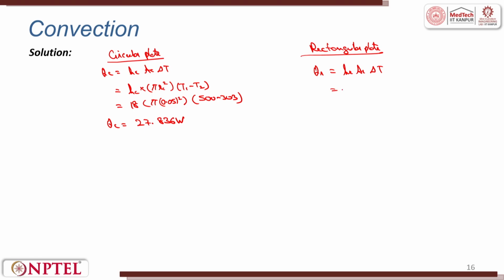Here HR is there, AR is length into breadth of the rectangular plate times the temperature gradient. Putting the values, this is 35, then I have 0.06 into 0.04 into the difference in temperature, that is 500 minus 303. This gives me the value of QR as